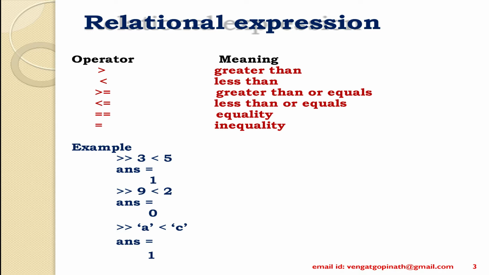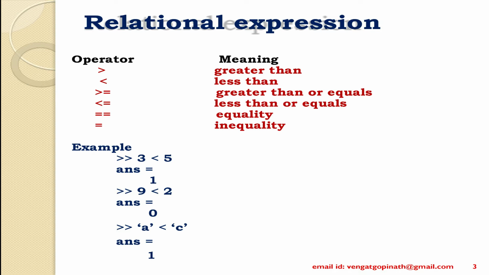Conditions in an if statement use expressions that are conceptually or logically either true or false. These expressions are called relational expressions, or sometimes Boolean or logical expressions. These expressions can use both relational operators, which relate expressions of compatible type, and logical operators, which operate on logical operands. In this example, 3 less than 5, for numerical operands the use of this operator is straightforward. For example, 3 less than 5 is conceptually a true